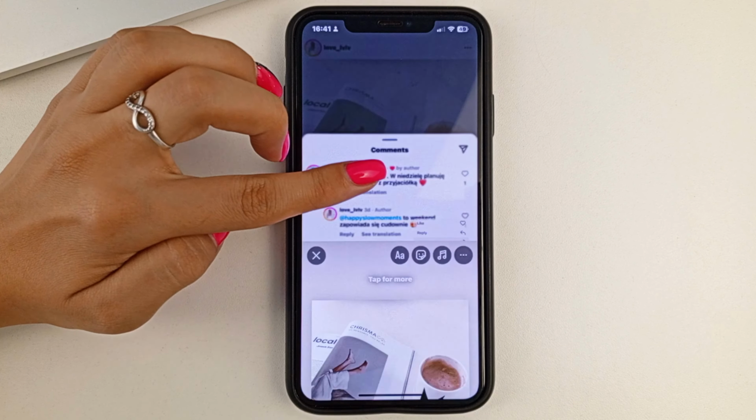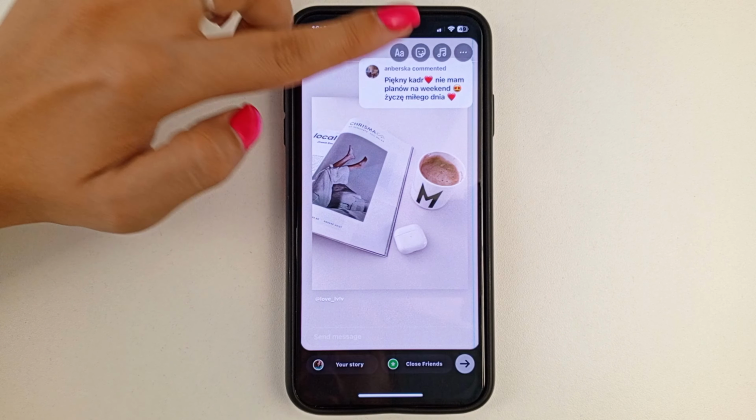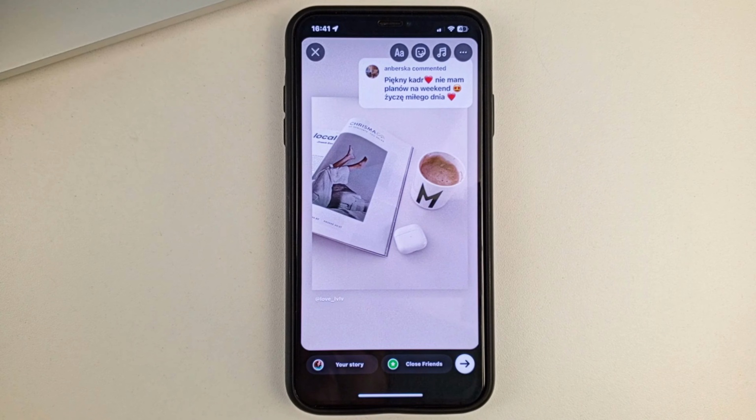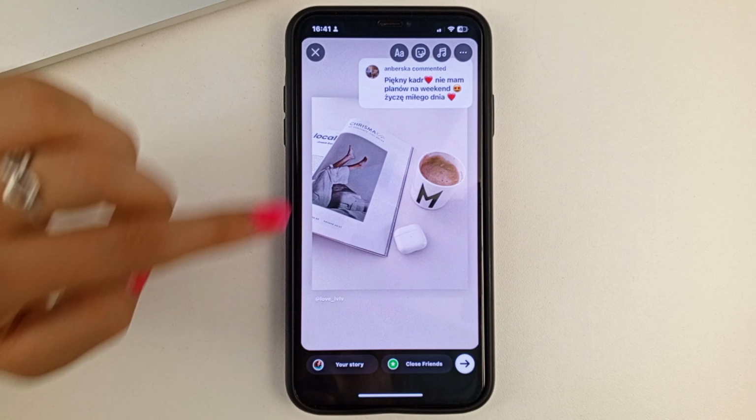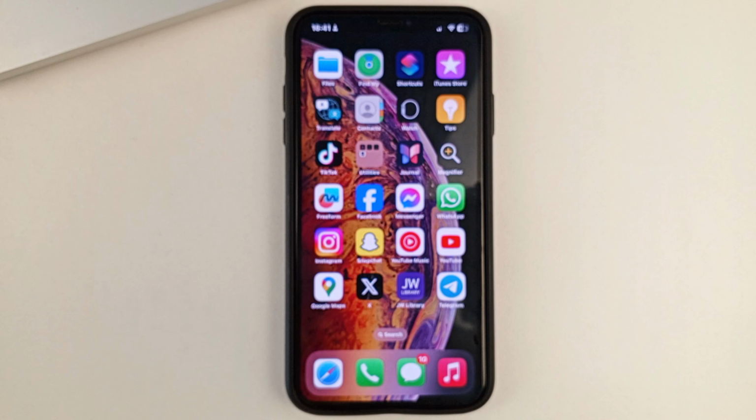And then click Add to Story. And as you can see, both the post and the comment will appear, which you can add to your story by clicking here. This is the very simple and quick method to share comments on Instagram in your story.